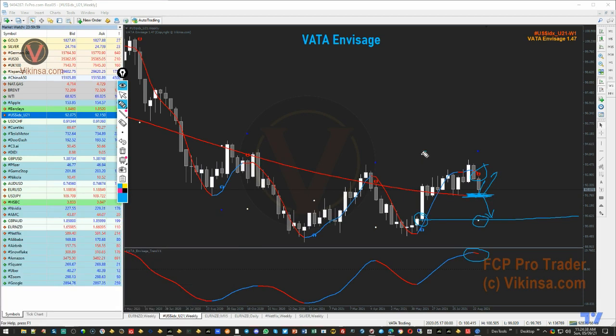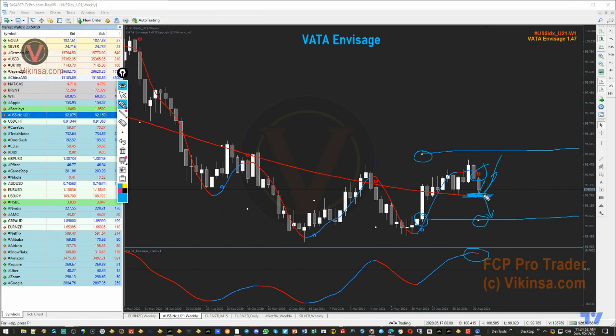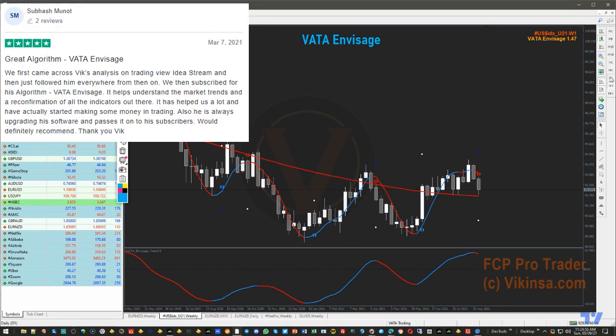On the bullish side of things, this target is still available. So if the market in any case starts to move higher, then we are looking at this particular level here, which is going to be near about 94.5 level or so. So this is how it is looking on weekly time frame. Let's go and check out on daily time frame.